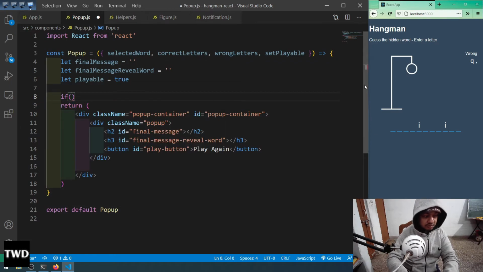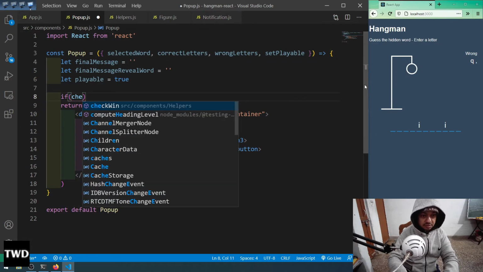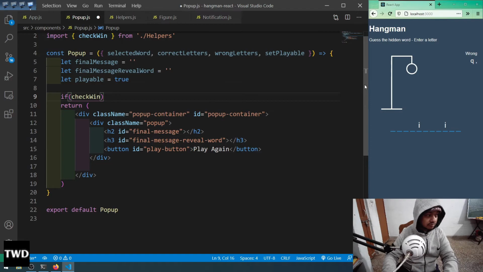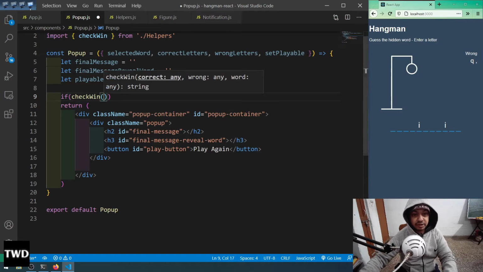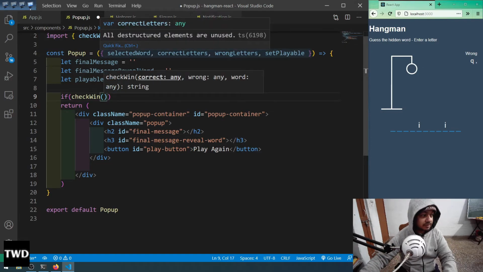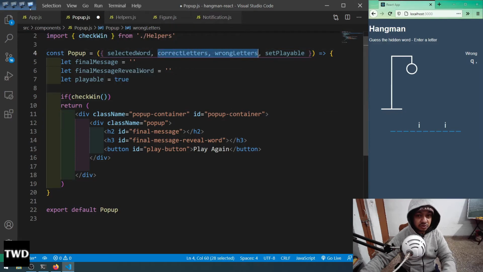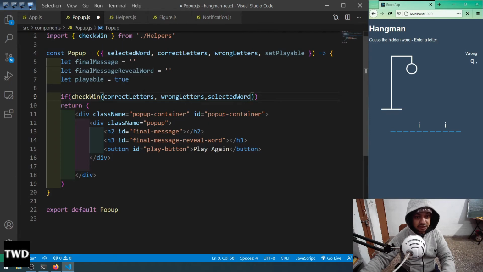If check win, so I have imported it. Check win, we are passing the, see, this is the main thing. Check win, we are passing the correct letters, wrong letters, so it should be in order, correct letters and the wrong letters, and selected word. Selected word we are passing, correct letters we are passing, and wrong letters we are passing, so both of them are arrays. Okay,